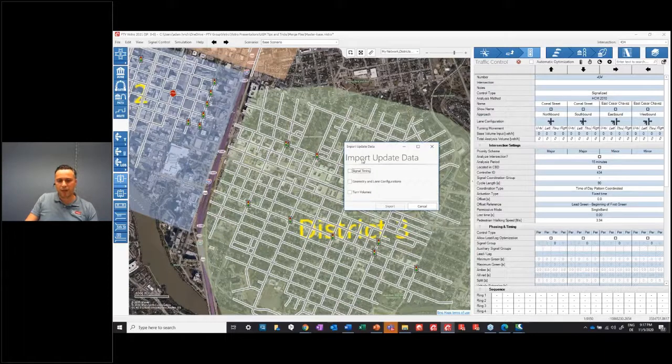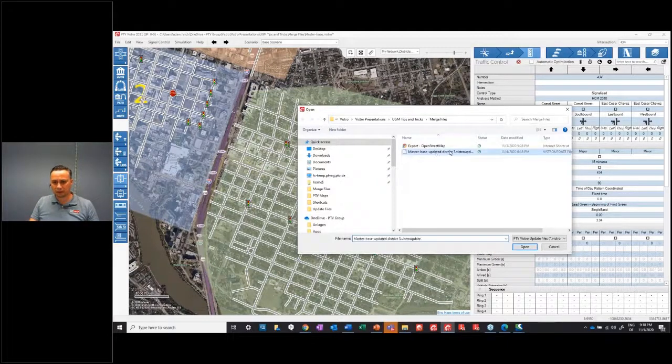Import update data. Okay, so when I hit the import of the update data, I have an option to either import just the signal timings, import the geometry and the lane configurations, or import the turn volumes. So in this case, the geometry is the same. I can ignore that one. I can't remember if I put turn volumes in or not within this, so let's just click that in. And then I definitely want signal timing. And then I'll check those two boxes, and then I'll click import, and I'll do some magic in the background here. Yeah, I got to select the file, hit open,